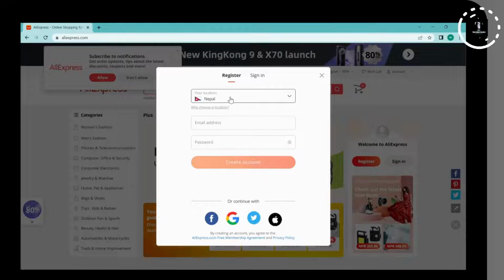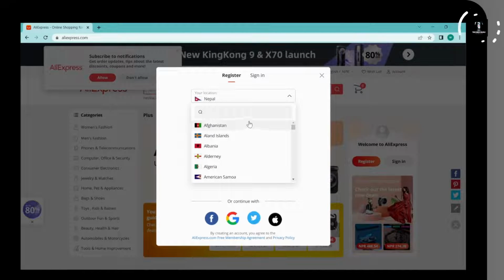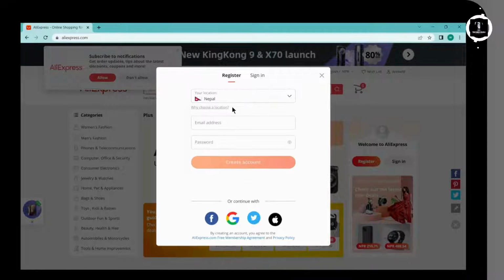And here on the first option you have to choose your location. You can click on the drop down bar and then you can choose your location or country, and after that on the next you have to enter your email address,